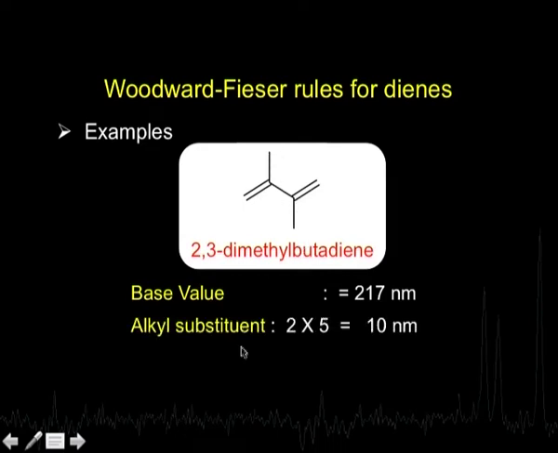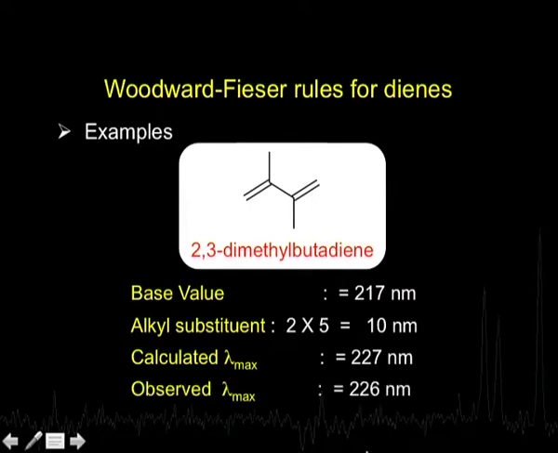So, for the 2 alkyl substituents the contribution will be 2 into 5, that is 10 nanometers, and that makes the total 227 nanometers, and we find that the observed value is 226 nanometers. Again the agreement is quite good. So, we can see how useful these rules are. I am taking very simple molecules, but we can take more complicated molecules also, and we find that agreement happens